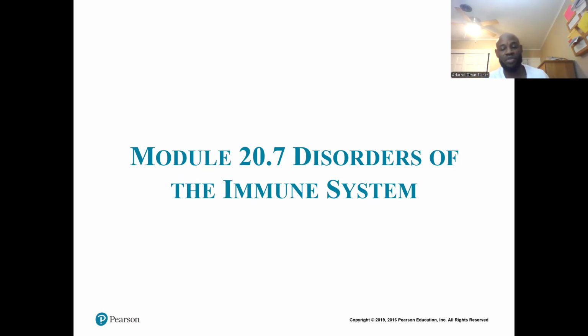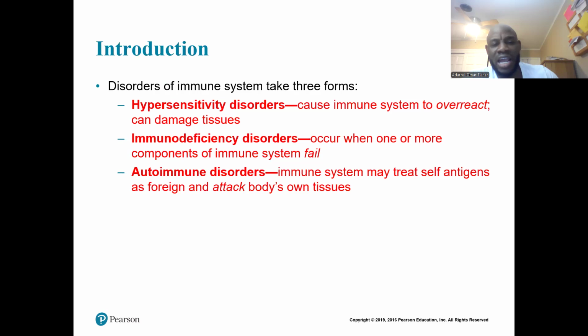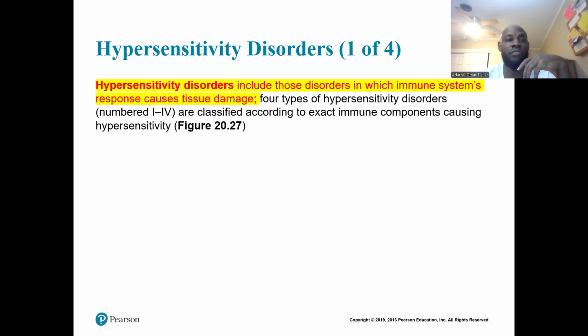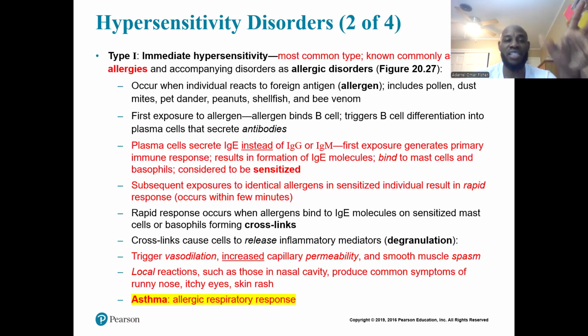There can be many disorders of the immune system: hypersensitivity, immunodeficiency. Hypersensitivity, your body's overreacting to damage. Immunodeficiency, some part of your immune system is failing. Autoimmune, your body's fighting itself, right? So hypersensitivity has different types. Most common is allergies. The body reacts to a foreign antigen, an allergen, and then it sort of overreacts to that,